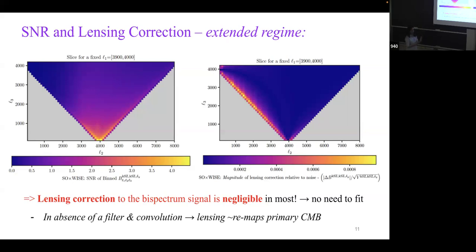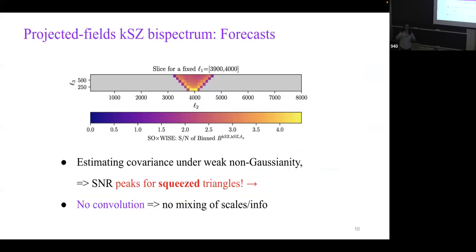Basically, your signal peaks for triangles which have a short large scale structure mode or short galaxy mode, and two long KSZ modes corresponding to small scales in the CMB. So even if we choose to restrict the galaxy mode to linear scales, you're not losing the highest signal triangles. And that's nice because you don't have the separation in triangle shapes if you just do the KSZ squared technique